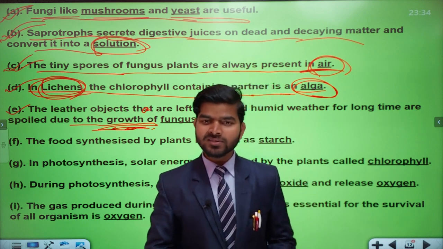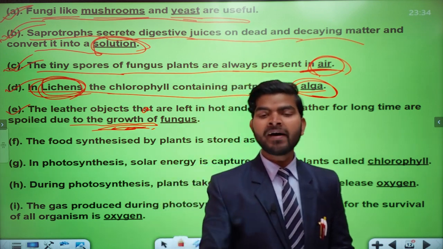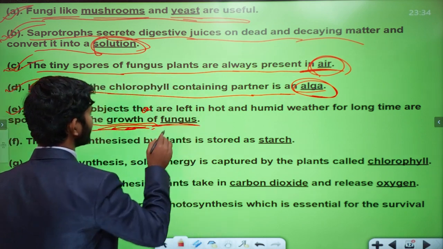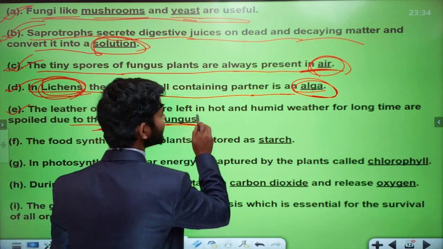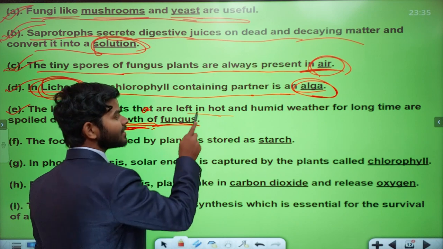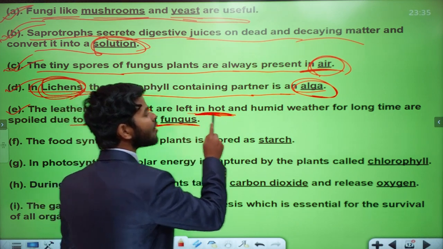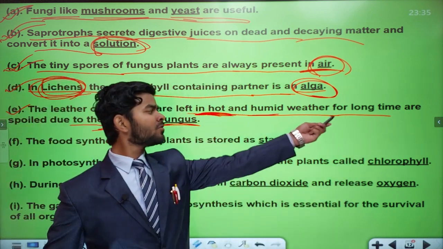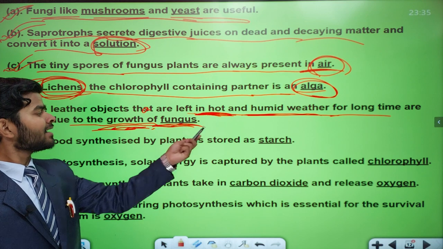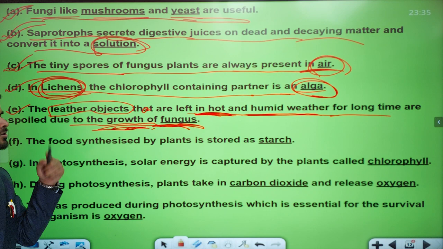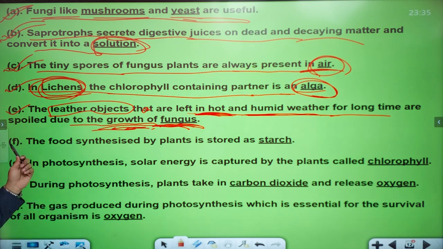Do you have knowledge about that activity? Why is it so? Because fungus is the main reason. Fungus grows under this particular condition: the environment is giving hot and humid weather for a long time. In hot and humid weather there are more chances of fungus growing. Another case given is leather, just like a bread piece. All right, all clear. In this way, question number E is completed.